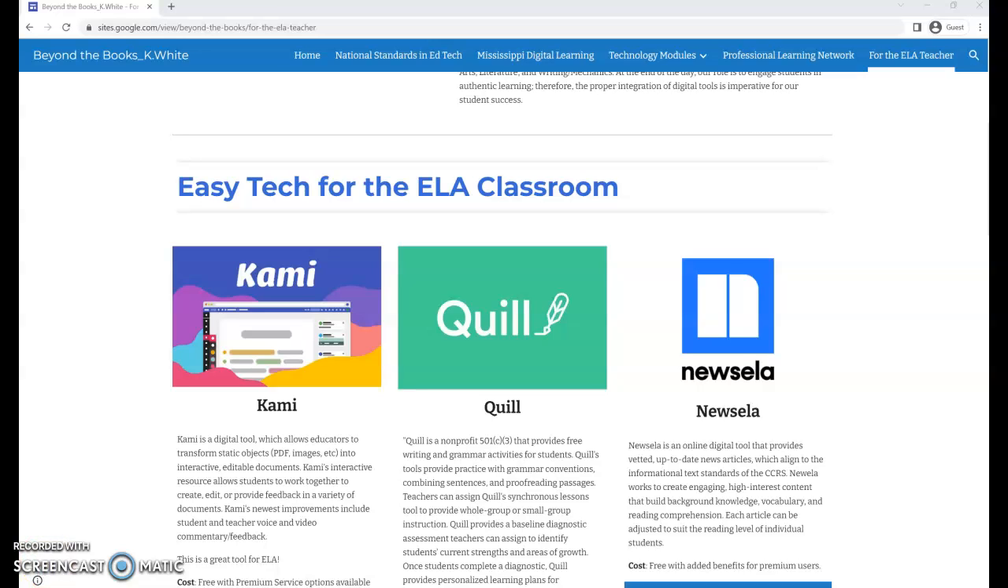So as ELA teachers, one of the common things that we experience is this mentality or this idea that there's no technology available to us. That technology tends to lean heavy in the STEM world. And while there's an element of that that's truthful, there are so many incredible resources that we can use as